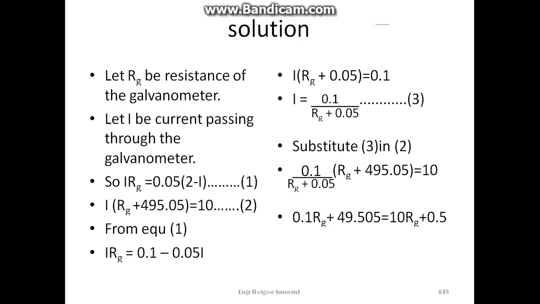0.1 RG plus 49.505 is equal to 10 RG plus 0.5. RG is now equal to